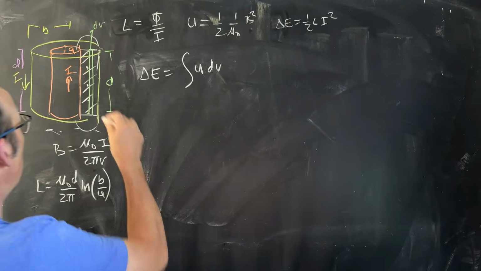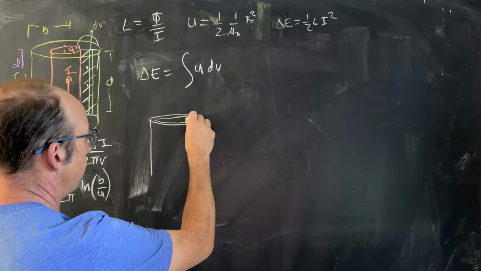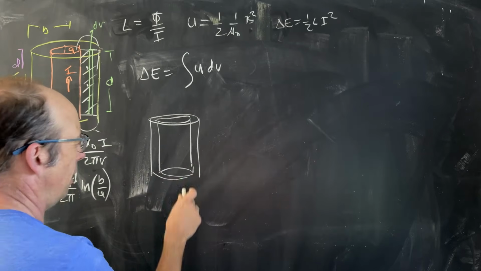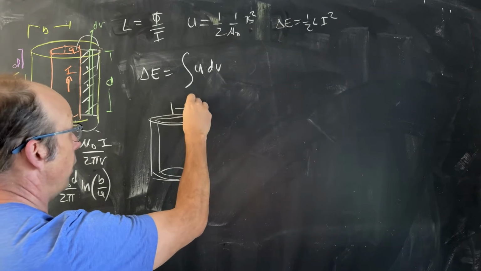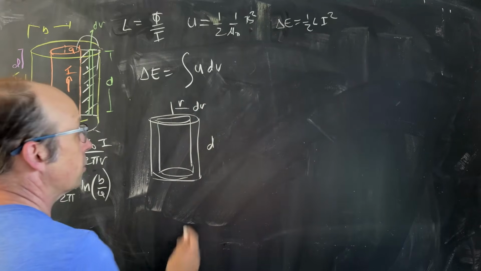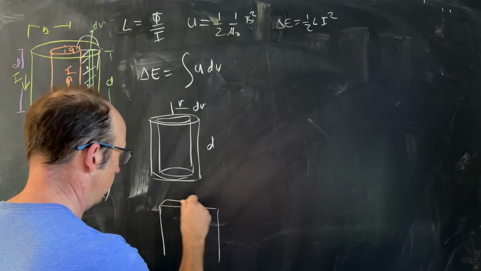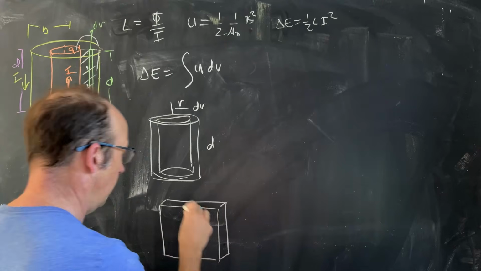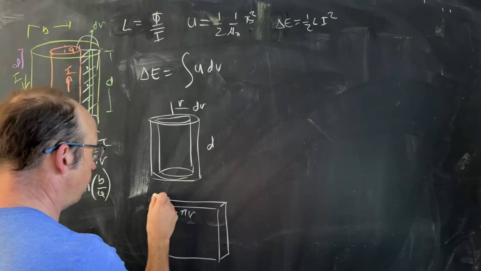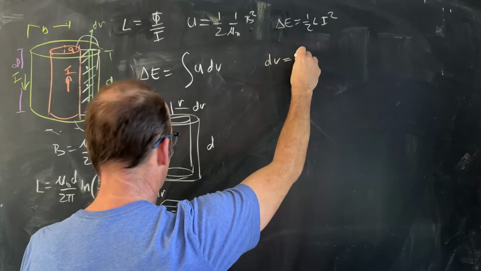So if I can turn this into a one-dimensional integral, I can. And I will. So what if I broke my volume up into these cylinders like this? That's a bad drawing. So this cylinder has a radius of r. It has a width of dr and a height of d. So now if I unwrap that whole thing, it's a box. If I unwrap it, this is 2 pi r. This width is dr, and this height is d. So dV is going to be equal to 2 pi r